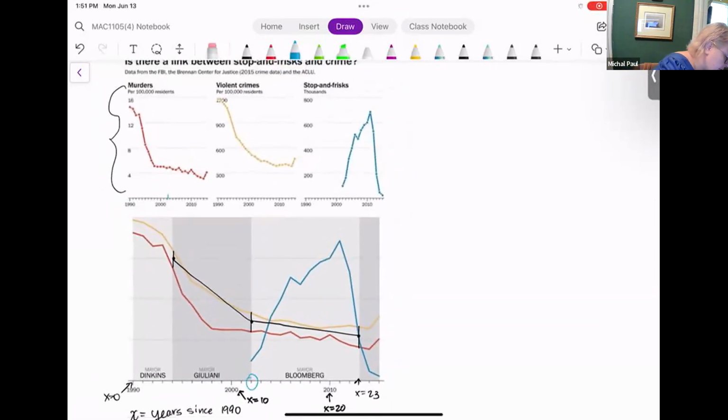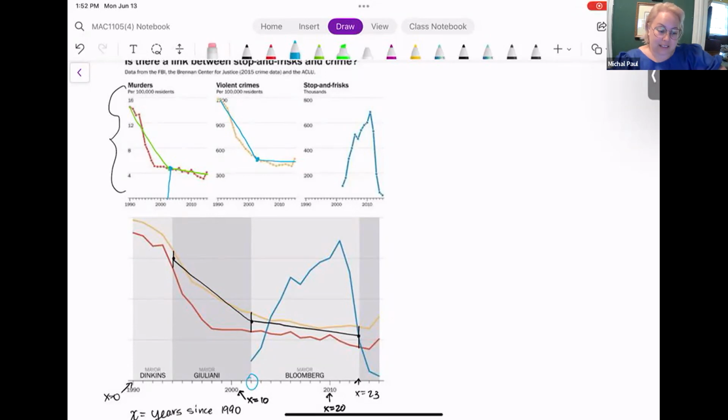So if I come over here to 2002 and over to here at 2002, people tended to look at this rate versus this rate and this rate versus this rate to make the argument, because the scale was easier to compare, just to say, hey, before stop and frisk, the decrease in the rate at which murders were decreasing was this,